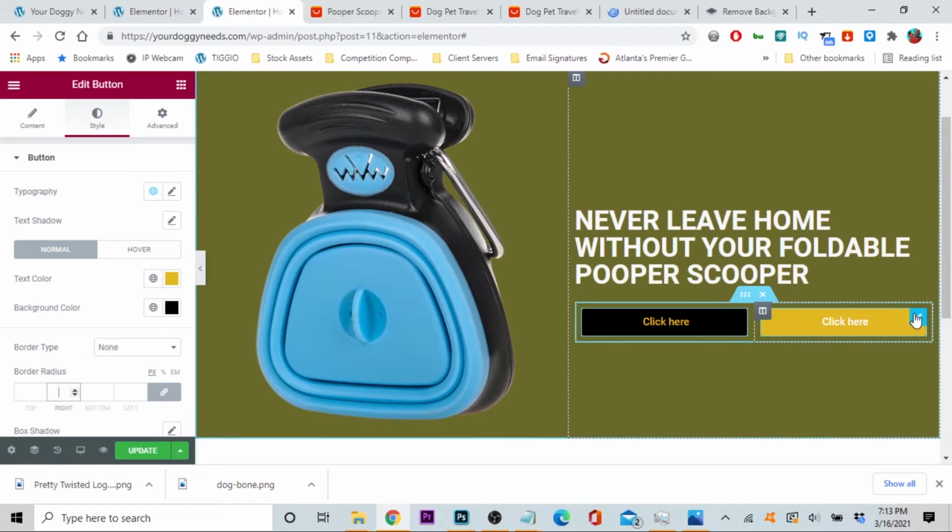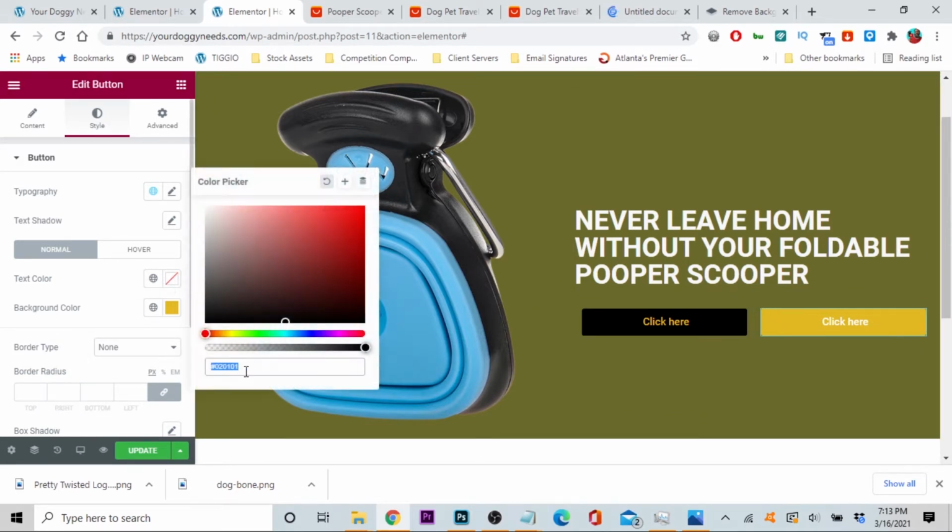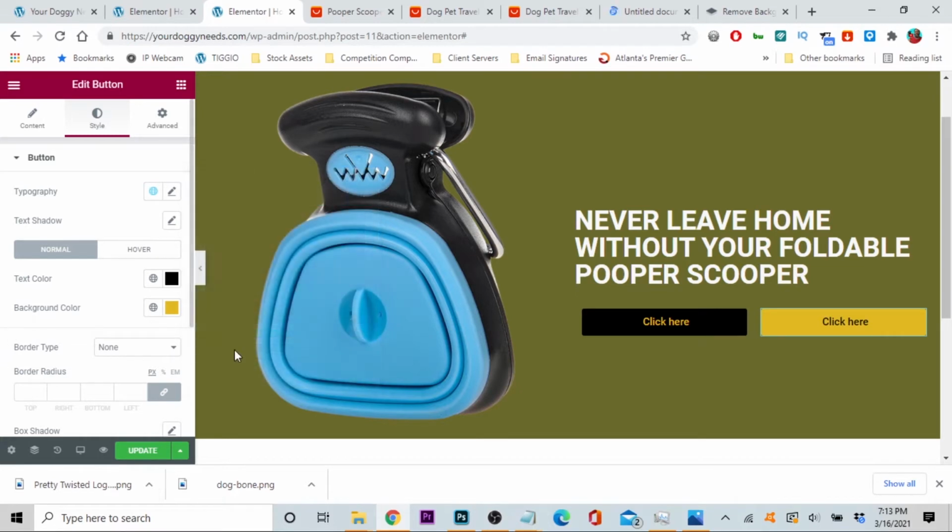And I want the text of this word to be black. 1, 2, 3, 4, 5, 6. Okay. Now this button will say